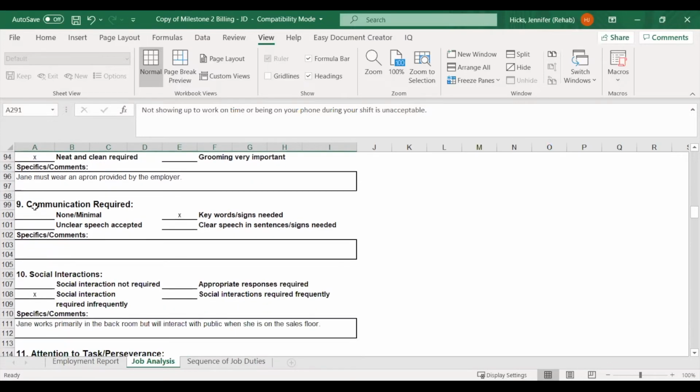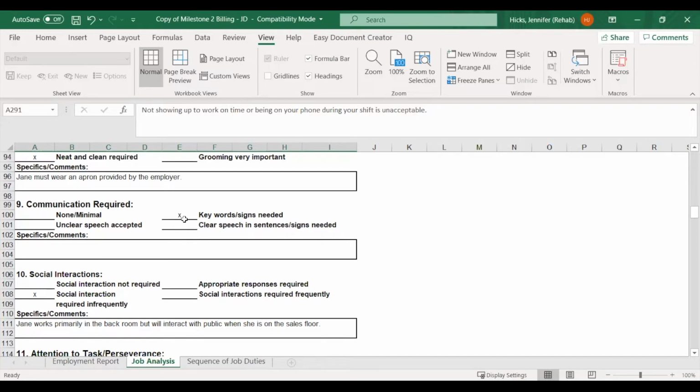Number 9 is communication required. So is there none to minimal communication? Is unclear speech accepted? Do they need keywords or signs? Or is clear speech in sentences needed, or signs needed? So we put keywords and signs needed.